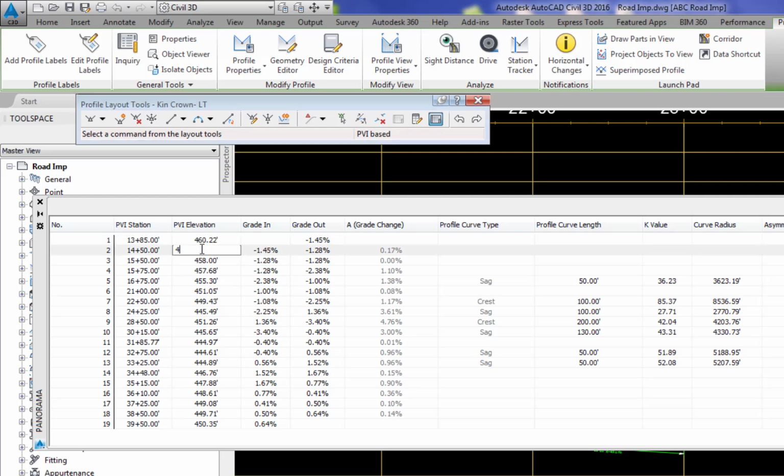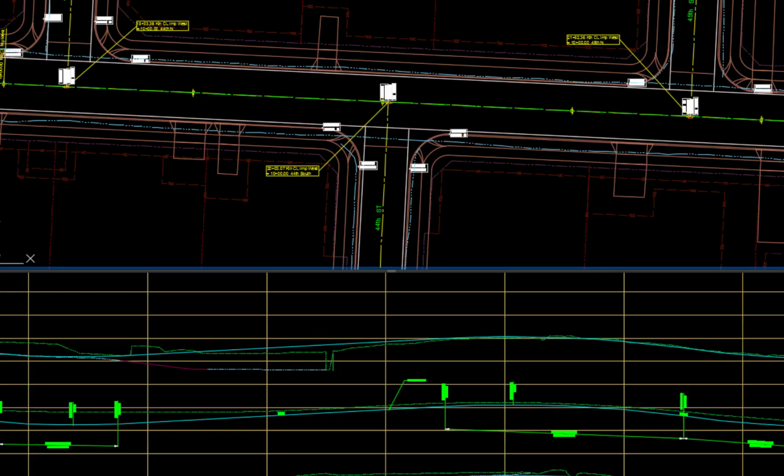460.22, 459.25. No change in these PVI elevations. 444.53, 444.79, 446.66, 447.76, 448.47, 448.91, 449.54, 450.18. Okay, close Panorama. Create temporary alignment labels along the primary road ETW at the intersection with side road ETWs